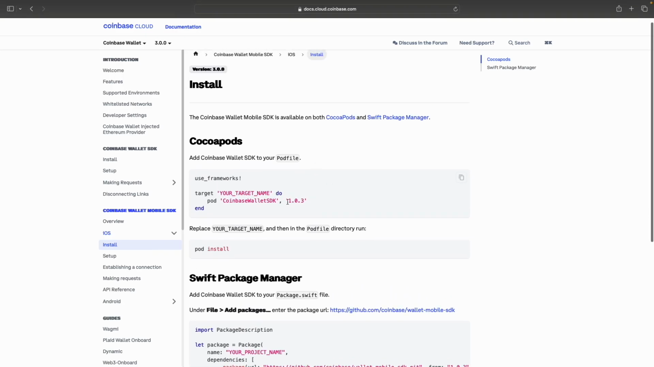Then we'll dive into the coding demo, where I will walk you through the step-by-step process of importing the SDK and setting up the deep link. It's going to be a fantastic journey, and I promise you will leave with a solid grasp of the Coinbase